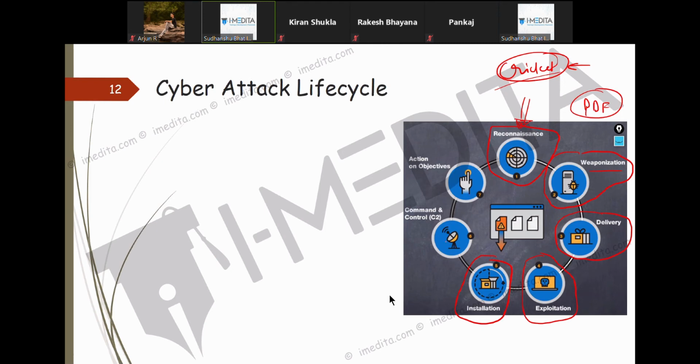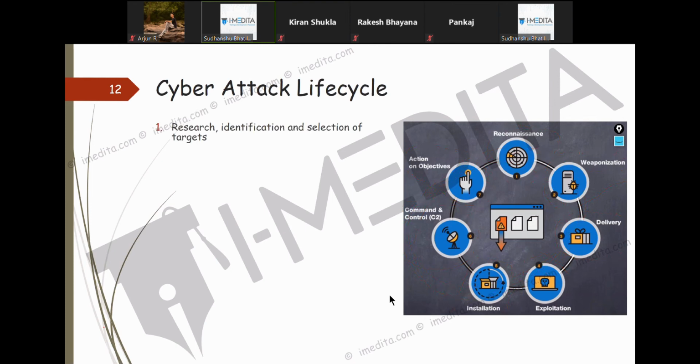Then I can exchange command and control traffic with their device. Maybe I'll take screenshots, maybe do key logging. Depending on my objectives, I can exfiltrate some data, and this goes on and on. I hope you now have the basic idea of the cyber attack lifecycle.